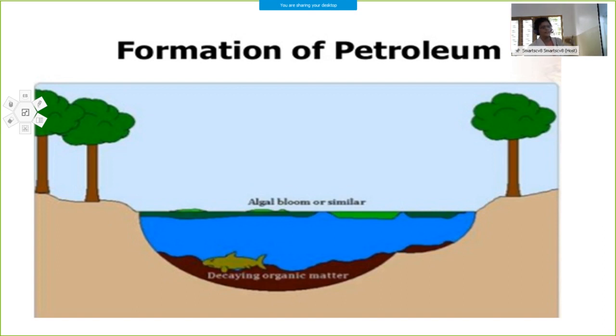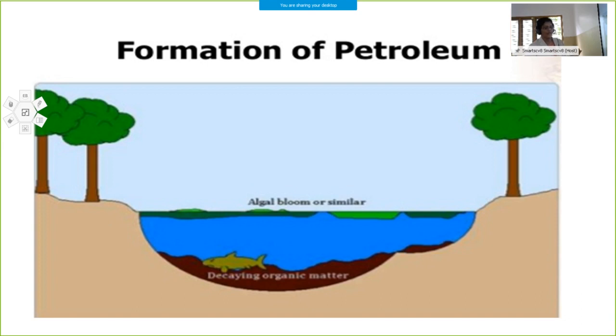As millions of years pass by, more and more rock and soil fall on top of this decaying organic matter, and it gets pressed and compressed as more and more mud and earth material fall on top. Deep under the soil we have very high temperature, and pressure starts exerting on this dead organism,